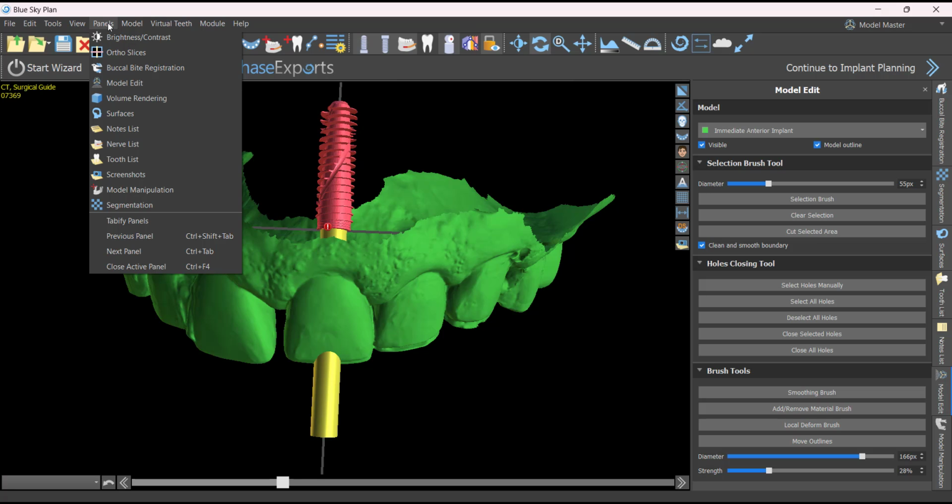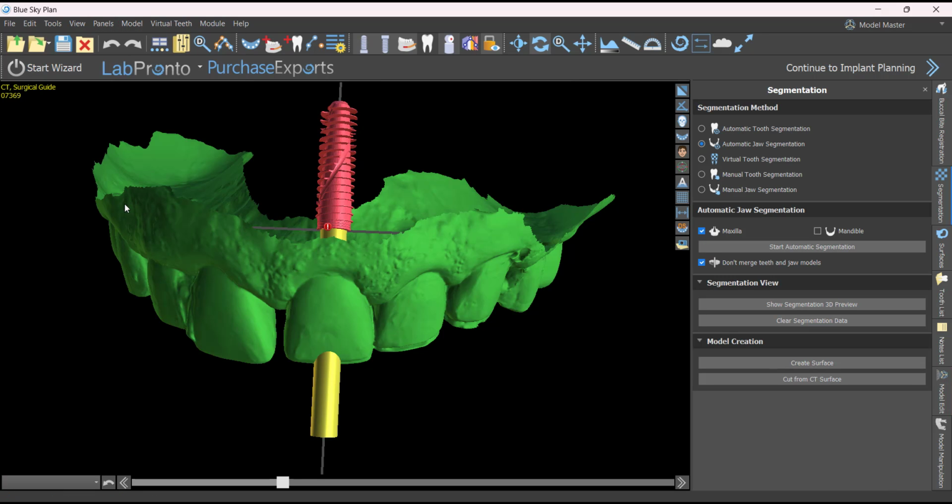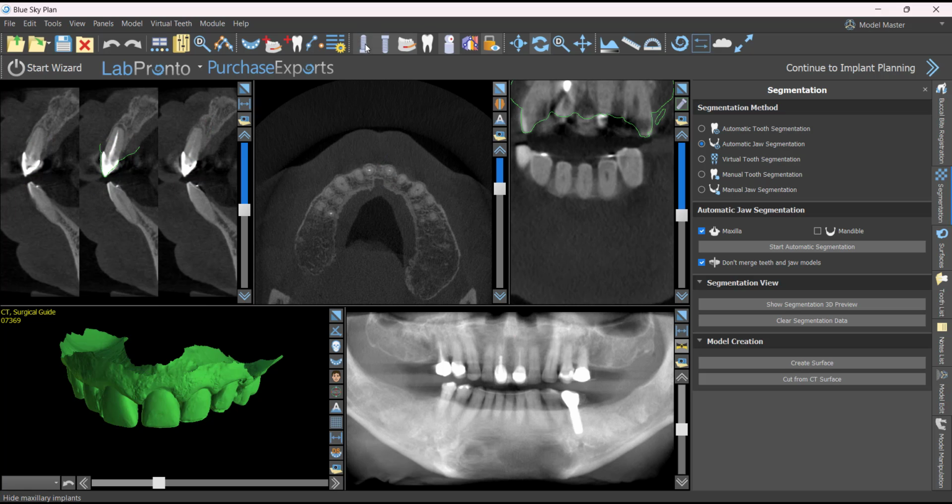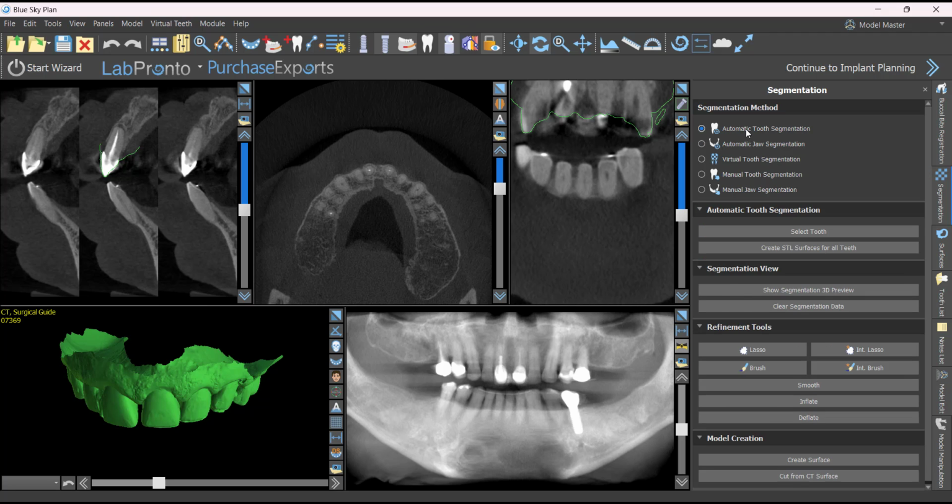All right, so here is segmentation, and you've got a couple options here. So I'm going to show you two options, and it just really is up to you which one you prefer to do. All right, I've hidden the implant for a second. You've got an option to do automatic tooth segmentation. So if you're just wanting to do it quick and dirty and not have to wait on anything, choose automatic tooth segmentation, and now we can go to select tooth,